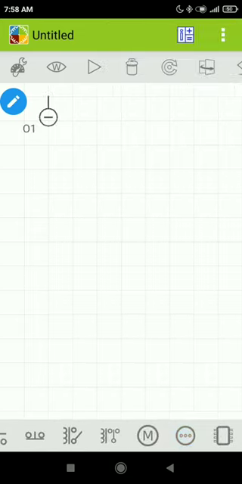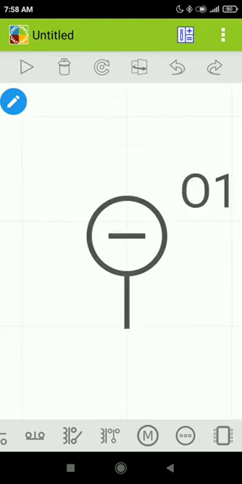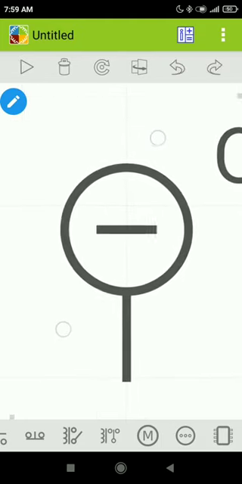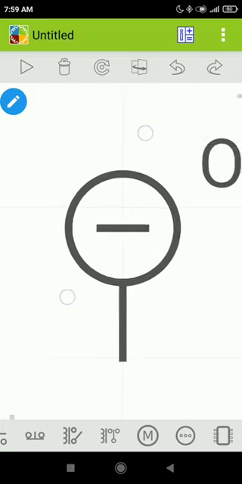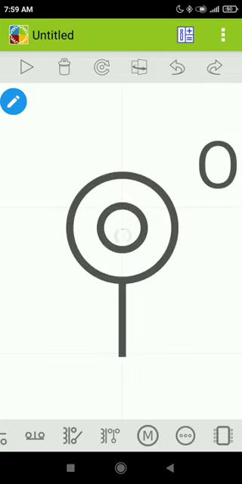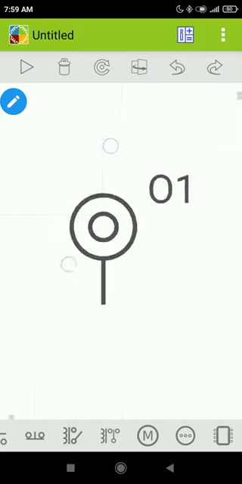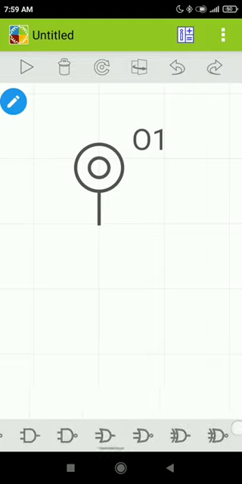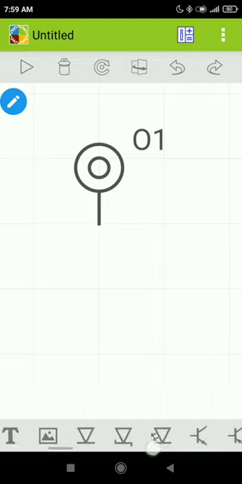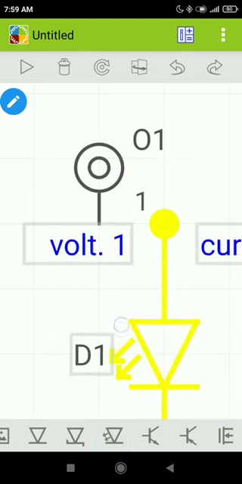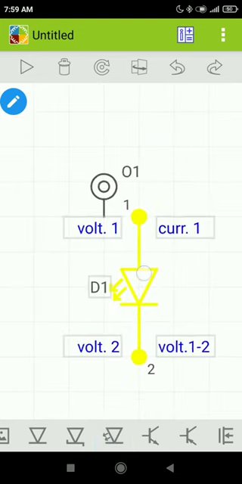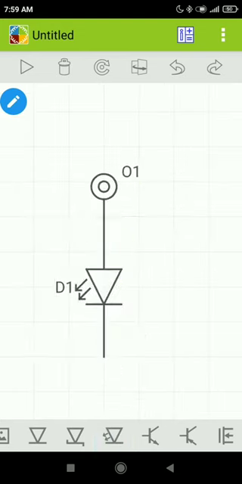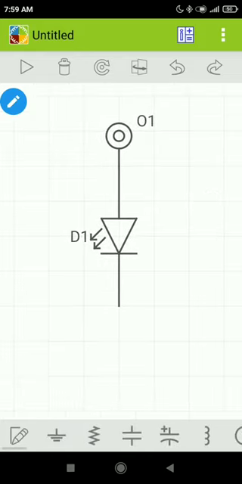It is switchable source. The minus sign inside the circle tells you that the logic is at 1 and the 0 inside this circle tells you that it is at logic 0. I am also going to use one LED for better visualization. Connect the anode of the LED to the switchable source and ground its cathode.